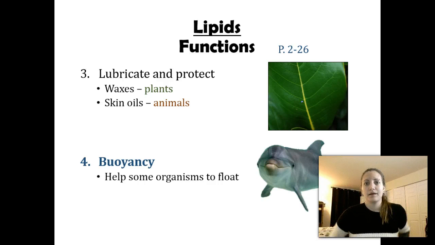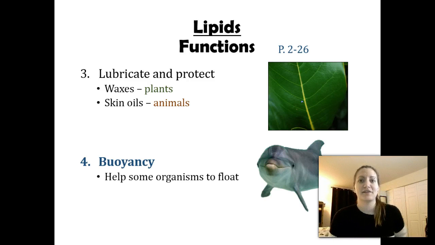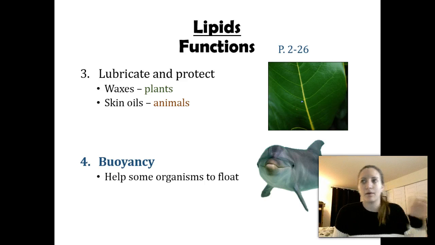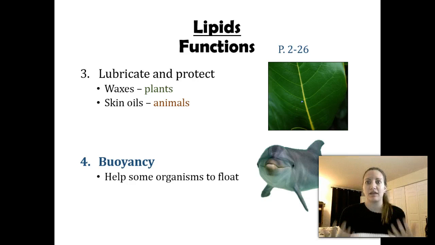Lipids are also helpful for floating, and you're probably familiar with this. If you think about a dolphin or a whale, they typically have blubber. Blubber is these huge fat deposits, or huge lipid deposits. Well, that actually helps them float. If you think about oil and water, if you mix oil and water together, that oil, which is a lipid, is always going to float. Well, in dolphins and in whales, that also helps with floating. Dolphins and whales need to get to the surface. They have to breathe in the air that we breathe in. So, if you have a lot of fat in you, it makes it a little bit easier to get to the surface.